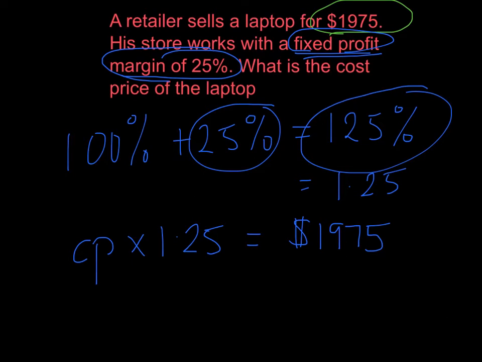Therefore, to get the cost price, we're going to need to divide both sides of this equation by 1.25 to leave the cost price on its own. Therefore, the cost price is going to be equal to $1,975 divided by 1.25, leaving us with the answer of